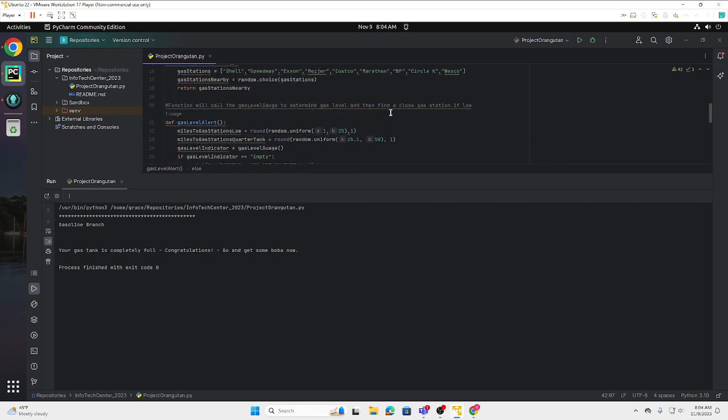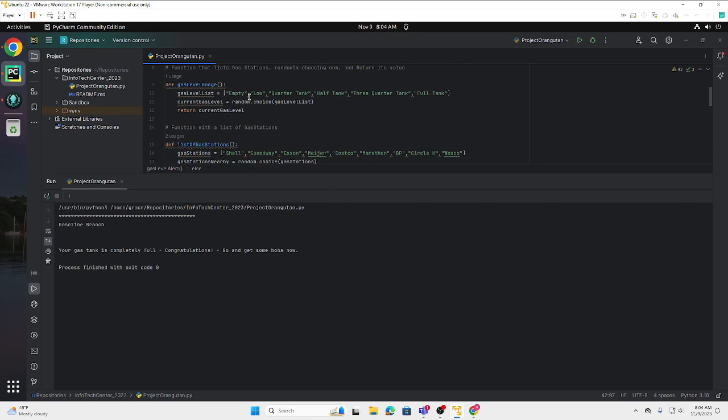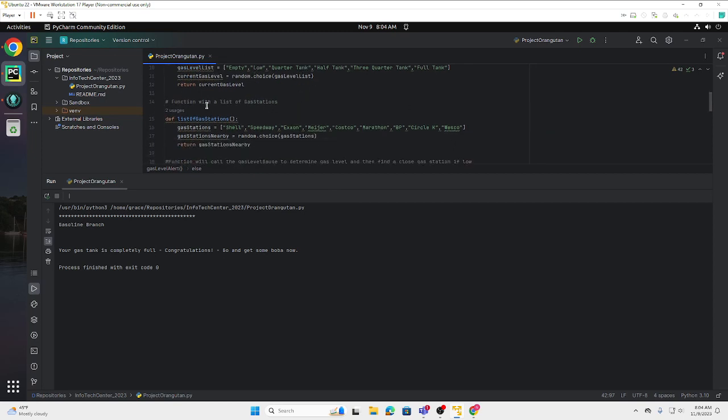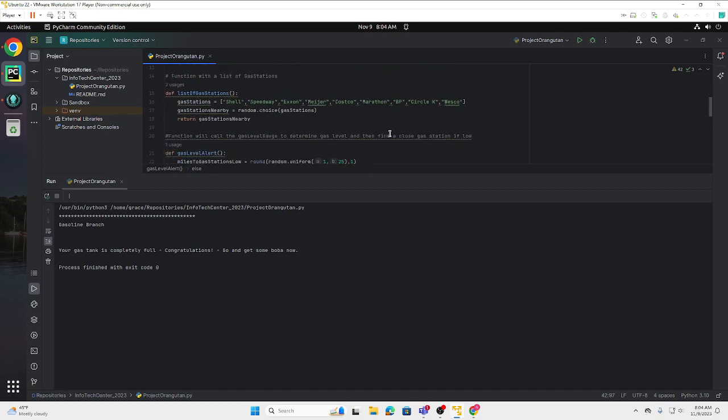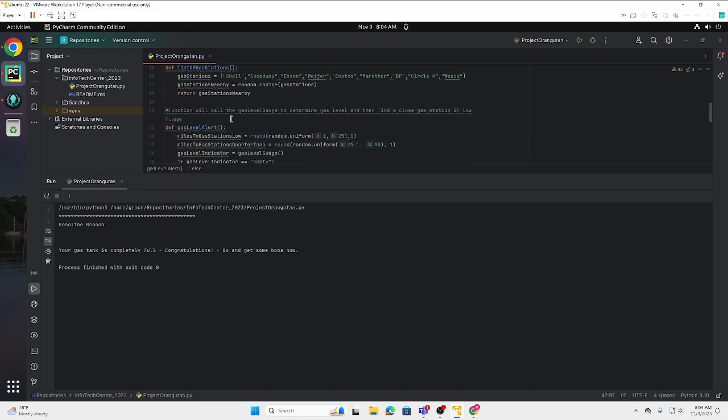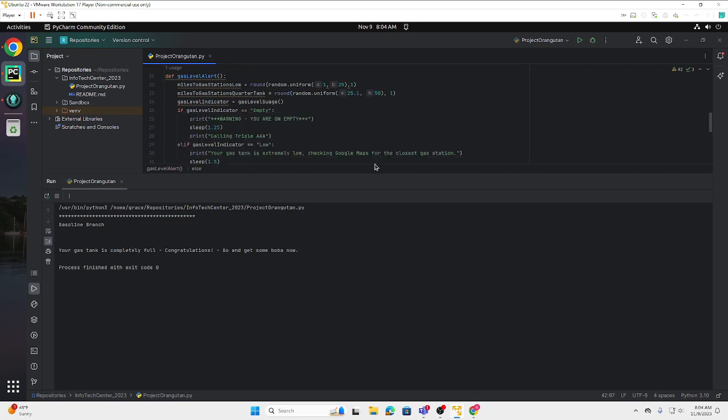and then depending on the tank, if it's low or quarter, it would choose a random gas station and random gas miles. But if it's low, it would have a parameter of 1 to 25. If it's a quarter tank, it'll have a parameter from 25.1 to 50. And